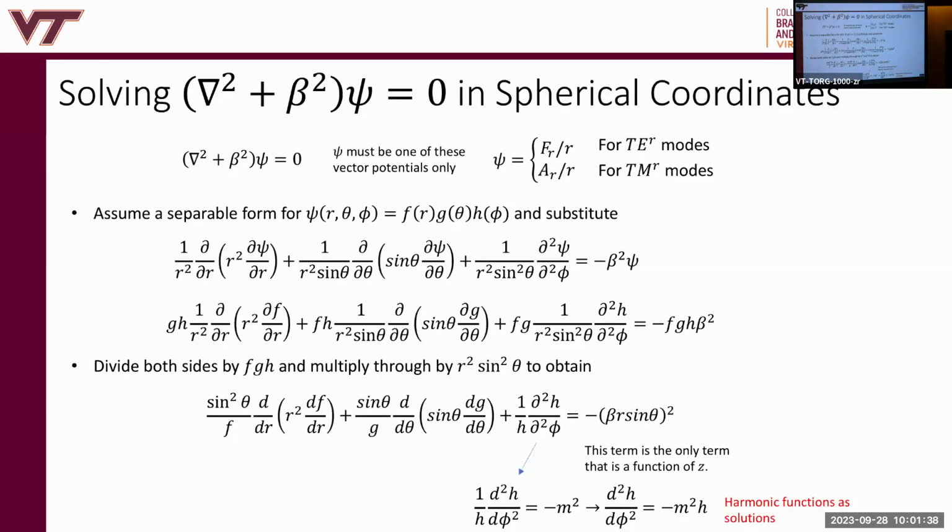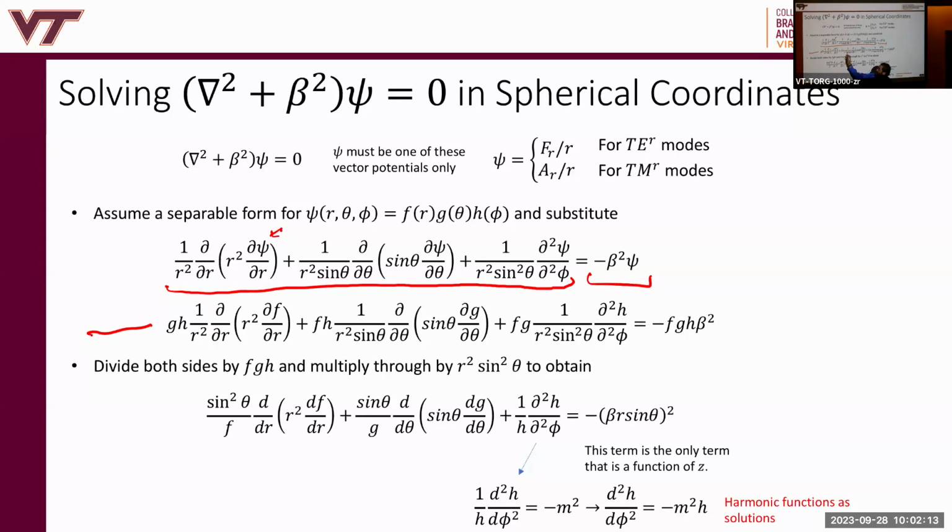So f, g, and h, we plug in, right? We have to write the Laplacian in terms of spherical coordinates, and we have psi here, right? So this is the Laplacian in spherical coordinates, and it's equal to minus beta squared psi. All right? Then we plug in f, g, and h. We get this line here, right? G and h can factor out. That's the whole point of having this separable solution, is g and h can factor out of these partials with respect to r, and then I just have partial f as a function of a single variable with respect to its variable, then these become ordinary derivatives.